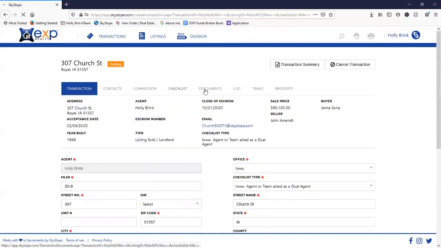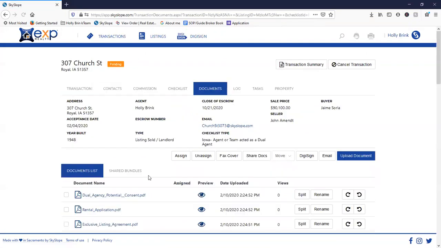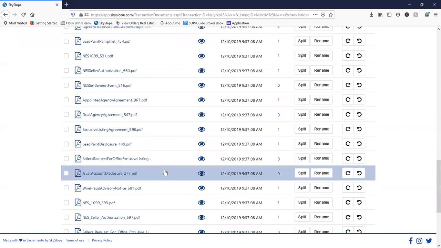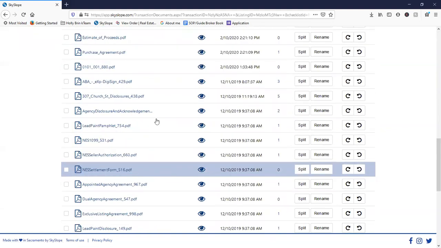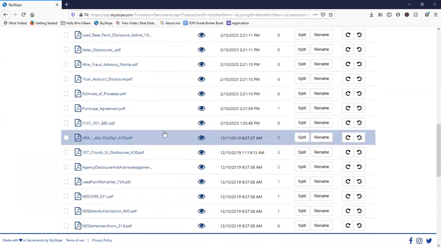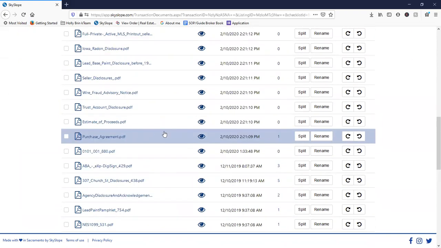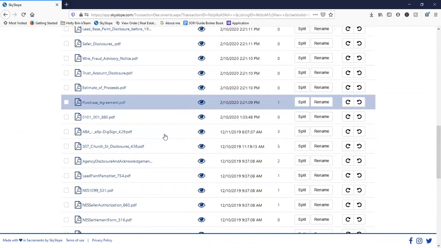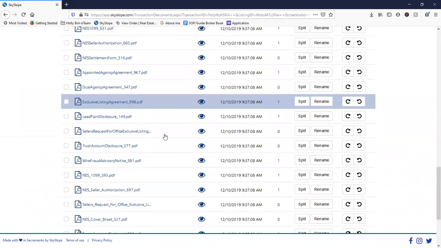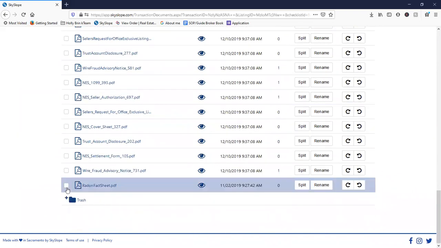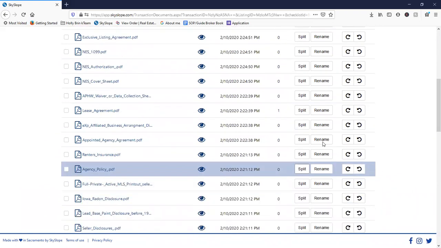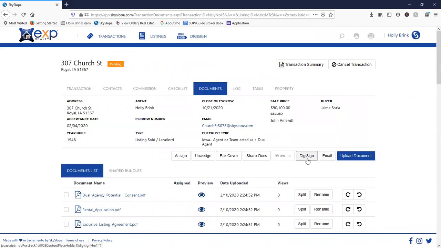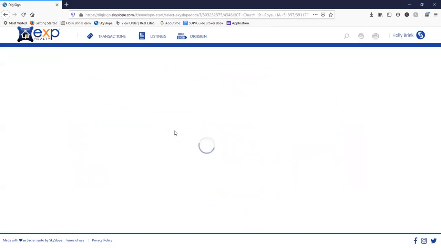So you go to documents. The trick is it goes based on when it was uploaded to Skyslope. So there it is. I would select it and then I would DigiSign or straight email. So DigiSign it, and then I can assign all the things. So DigiSign, they're working on creating a forms aspect,